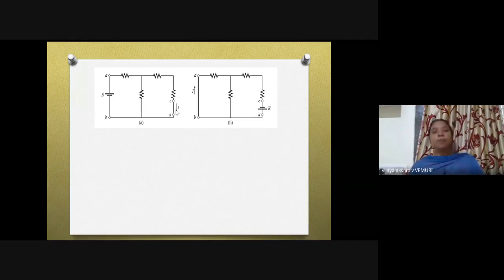Similarly, that should happen when it is interchanged. Both are interchanged, that means this is replaced here. Replaced means we have not touched this resistor. That resistor is as it is. Only through those two terminals, where we have found the current, you just replace it with reverse polarity and measure the current in this direction upwards.